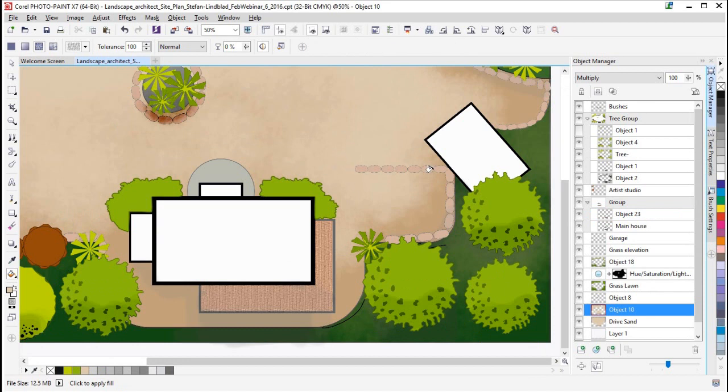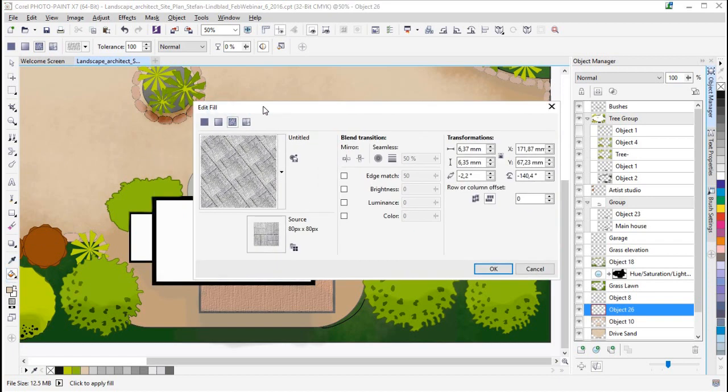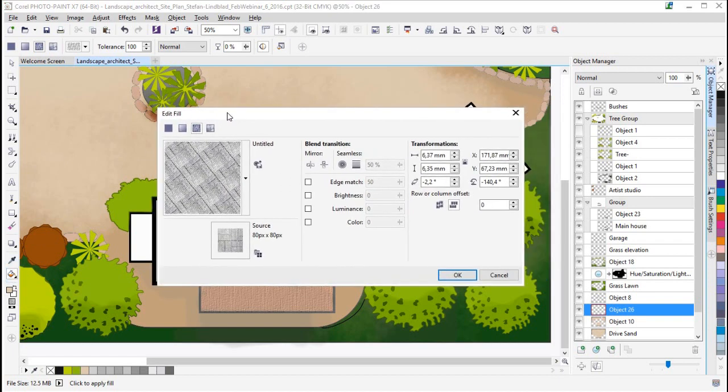Now I'm going to fill this little area. I'm going to use a totally different technique for this one. I'm going to create a new object to begin with. So it winds up here. And now we're going to use the new Edit Fill dialog. And with X6 and X7, Corel gave us a totally new fill engine to work with, and it's absolutely